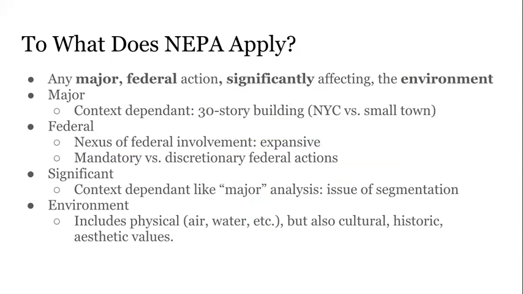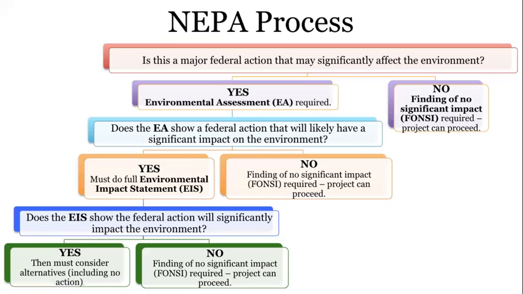So to what does NEPA apply? And now what is the process of NEPA? And this is important. So NEPA, if we were to think of this as a drop-down decision list, right? Yes, no. We can start with this first question: is this a major federal action that may significantly affect the environment? Because you don't know if it does, because you haven't done it, and you haven't done a post-action analysis of effect, but you're looking at it as a preliminary matter. Is this what we consider major federal, see those terms, right? Significant environment, right? That may have an effect on the environment.